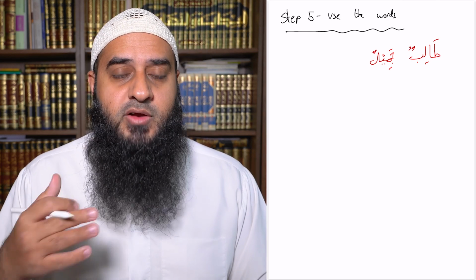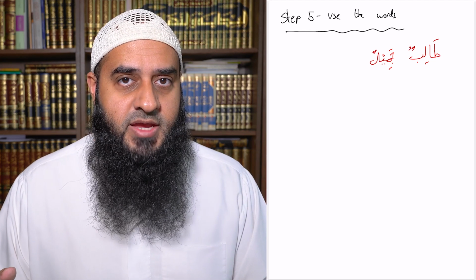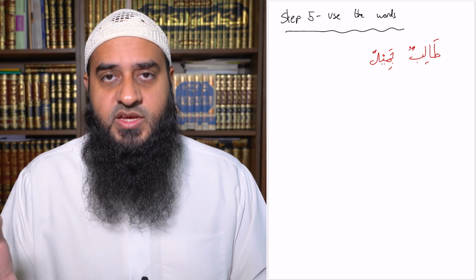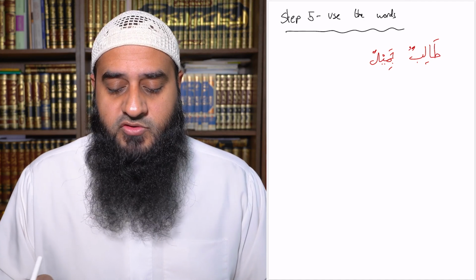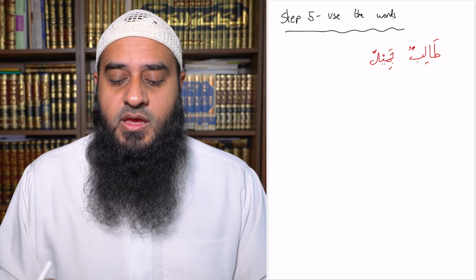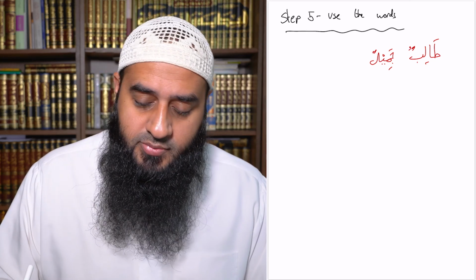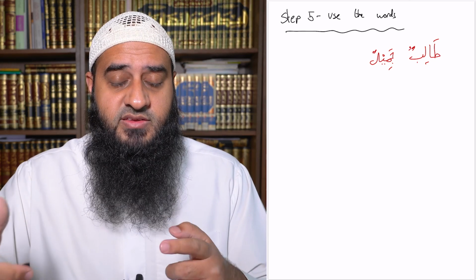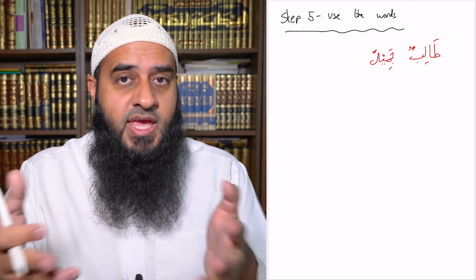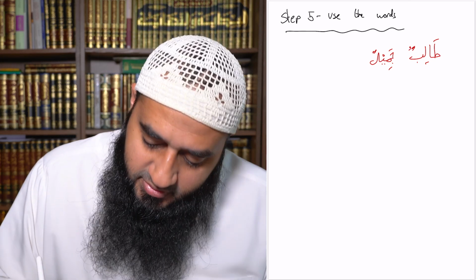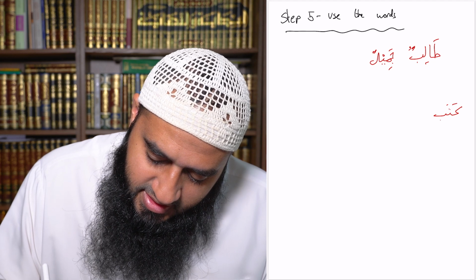Now with the fi'l, because it's a verb, the easiest way to do this is that you get a verb and you get a subject with it as well. You get a subject with the verb, and certain verbs need objects as well. So for example, the word kataba is a word that would need an object. Remember when I say you'll be able to create the sentences, because when you study verbs within the curriculum that you're doing, you're already able to start picking up on how to make the sentences. So if we use the word kataba, I would say something like